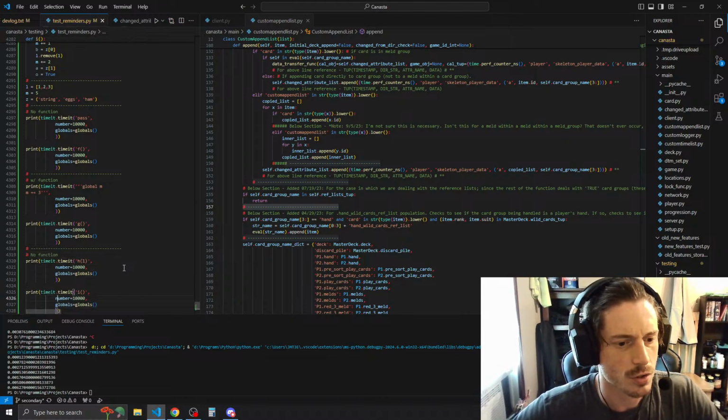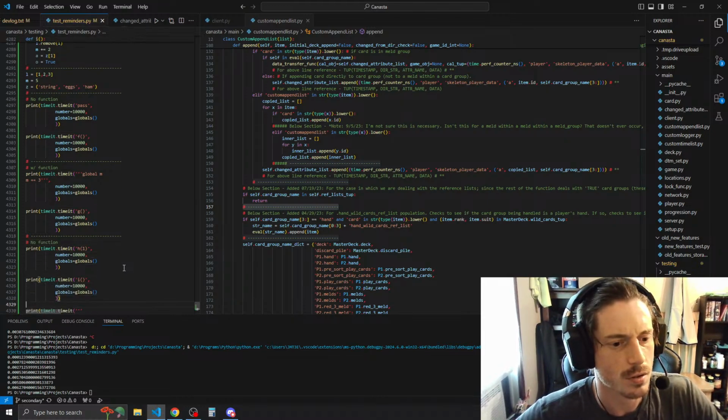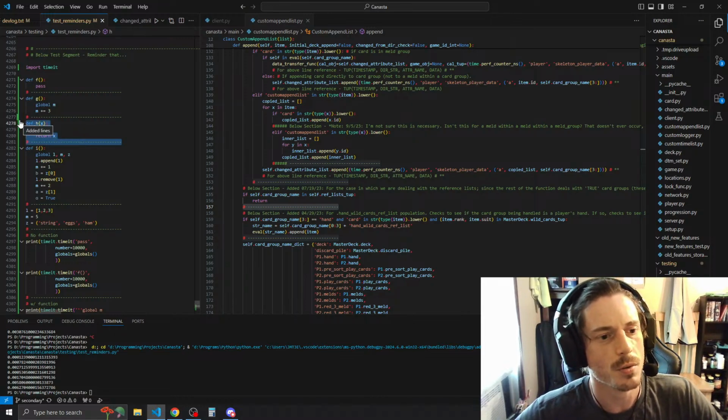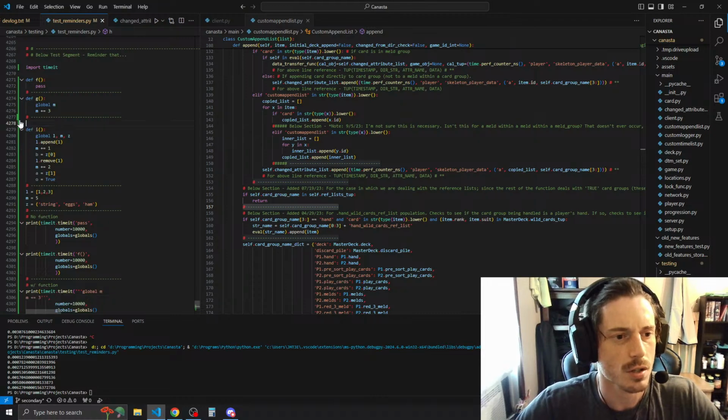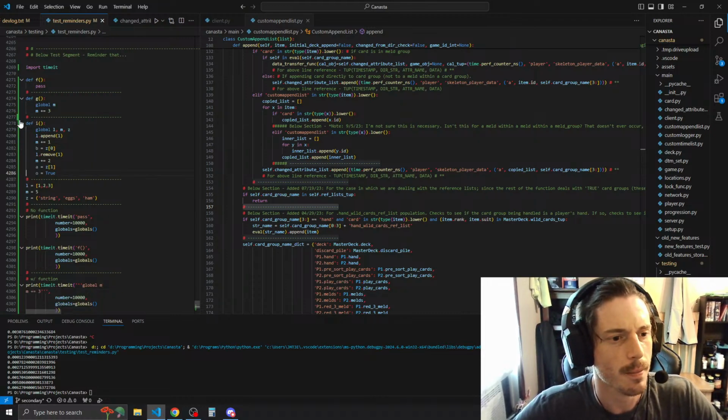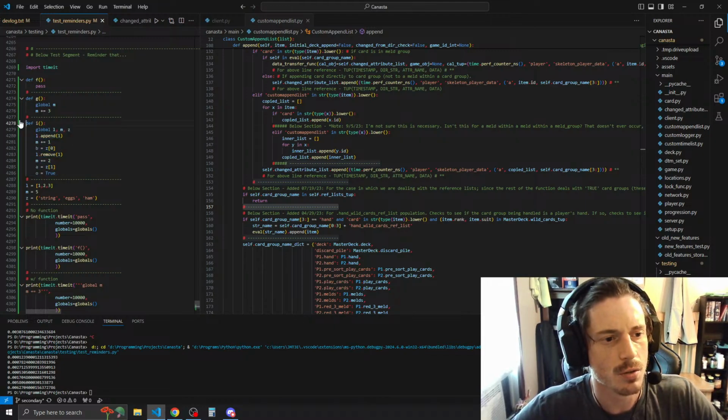So no function. So we'll get rid of this because we want to just compare the difference between function and non-function, and return actually messes that up. That's really the only thing we want to determine, is the overhead associated with creating a